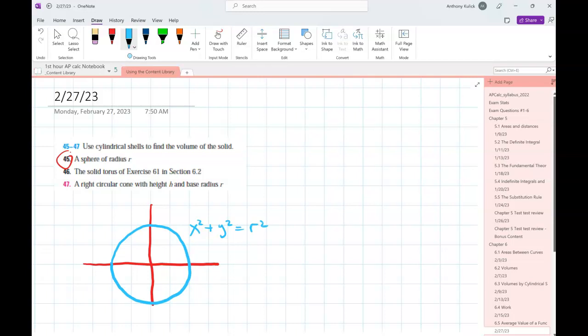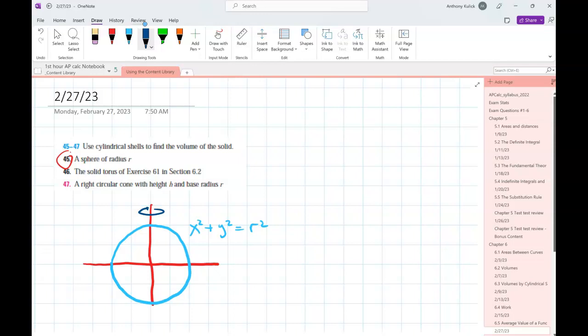So the equation for that circle is going to be x squared plus y squared equals r squared. And if I rotate that about the x or the y, it doesn't really matter, because I'll end up with the same sphere, right? Do you have a preference? No. Okay. Let's rotate about the